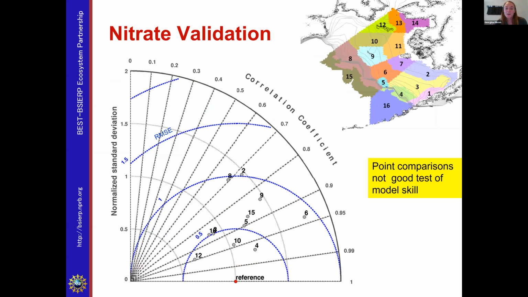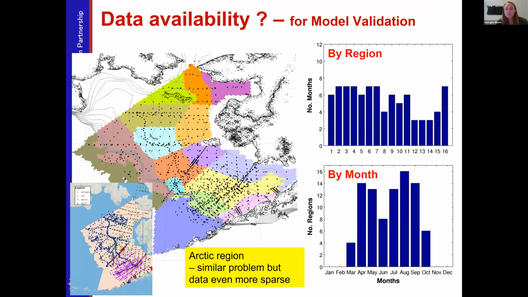Now, when those cruises went out on these research cruises, they generally started, I believe, in the southern area and progressed their way up. That made sense because they were moving up with the ice. But most data points were only sampled once, maybe twice. So that gets back to the point that was raised earlier, that most of these data points don't have any standard deviation, no error associated with them.